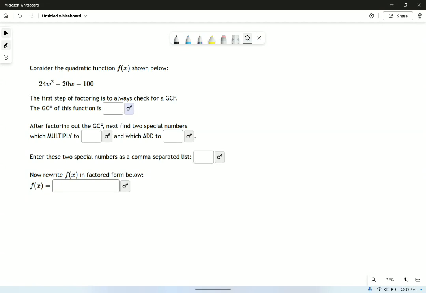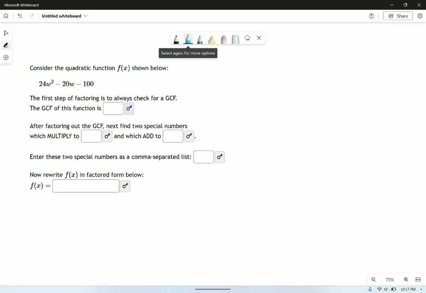We're going to factor a quadratic function, f of x, and the way this problem is designed, it walks us through a couple of the steps we're going to have to take in this process. The very first thing it says we're going to do is check for a GCF. I find that always makes things much simpler. If you don't find a GCF, it's not like you wasted a whole lot of time, but if you do find one, you just made this a lot easier.